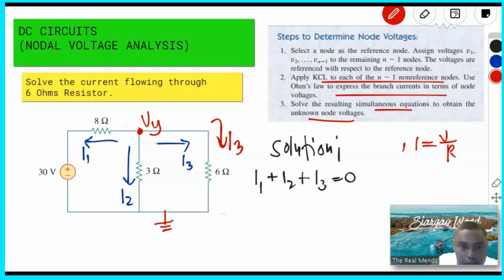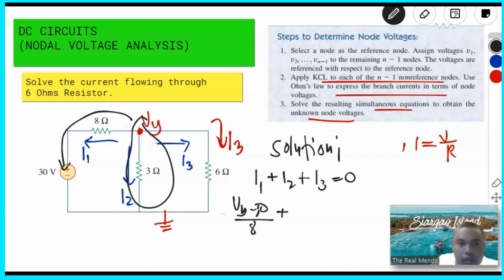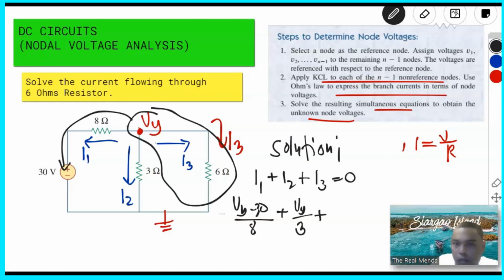So our current I1 is VB, higher minus lower, that is minus 30 over 8 ohms. Then plus the value for I2, that is VB over 3, plus the value for I3, that is VB over 6,